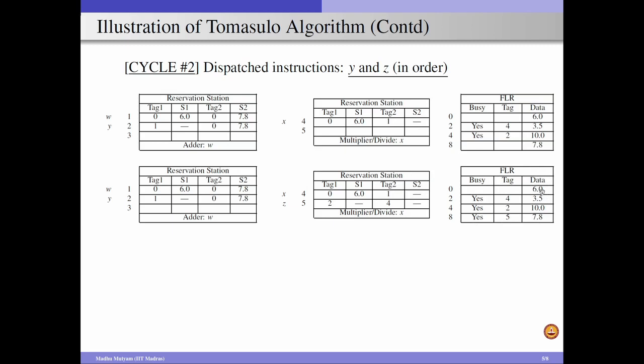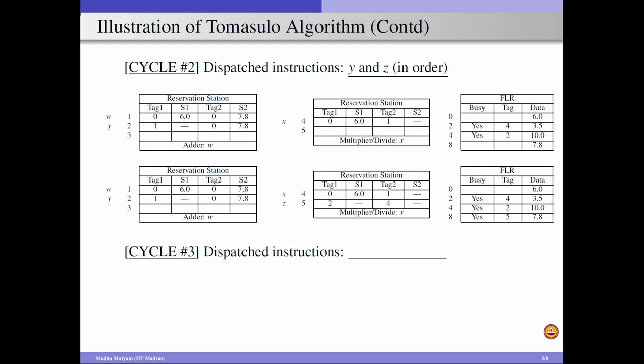So R0 is not going to be updated by any of the instructions, whereas R2 is going to be updated by the instruction that is stored in reservation station 4, and R4 is going to be updated by the instruction that is stored in reservation station entry 2, and R8 is going to be updated by the instruction that is stored in reservation station entry 5. Now in the third cycle,